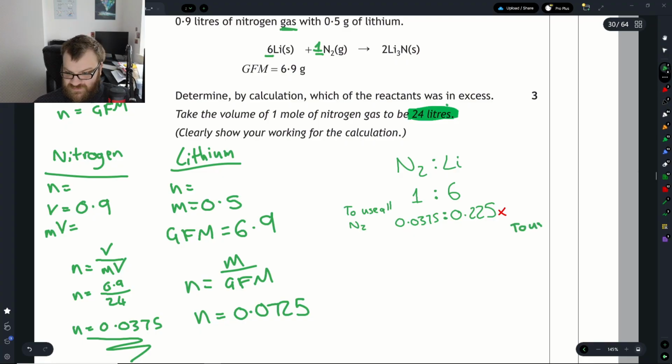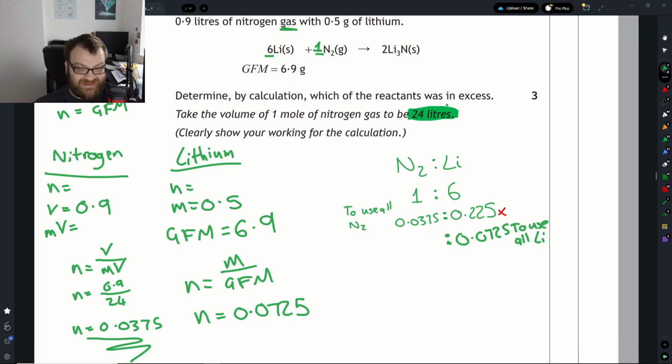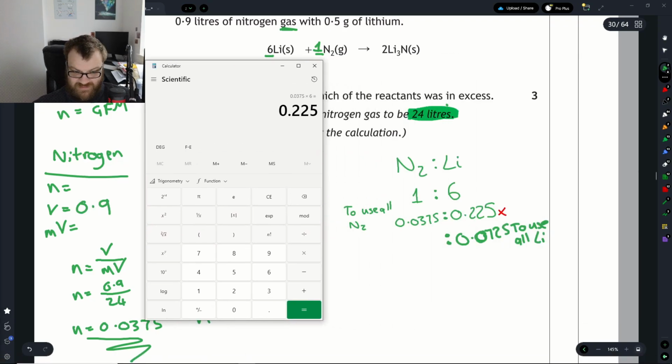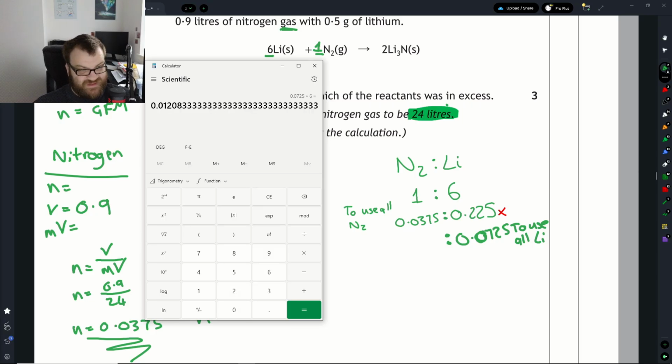We want to use all the lithium. This time I'm putting in the value we have of lithium, 0.0725. This time, to work out how much nitrogen we would need, we need to divide by 6. Back to our calculator: 0.0725 divided by 6 gives us 0.012